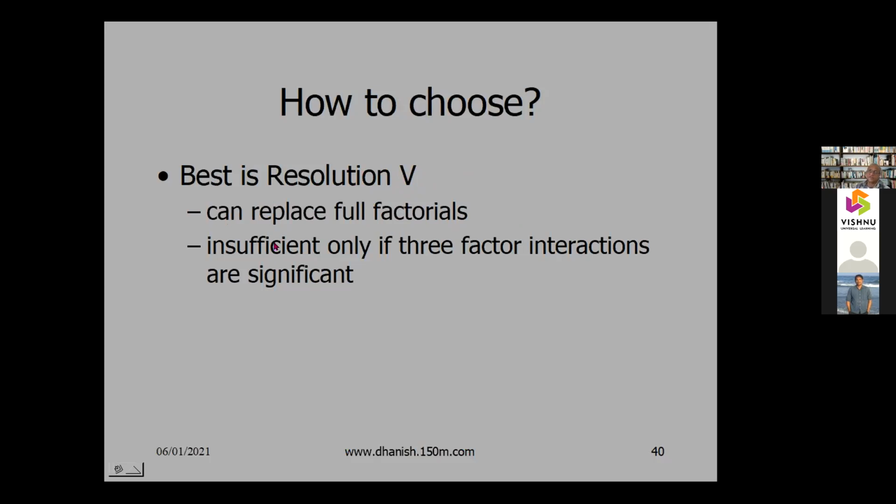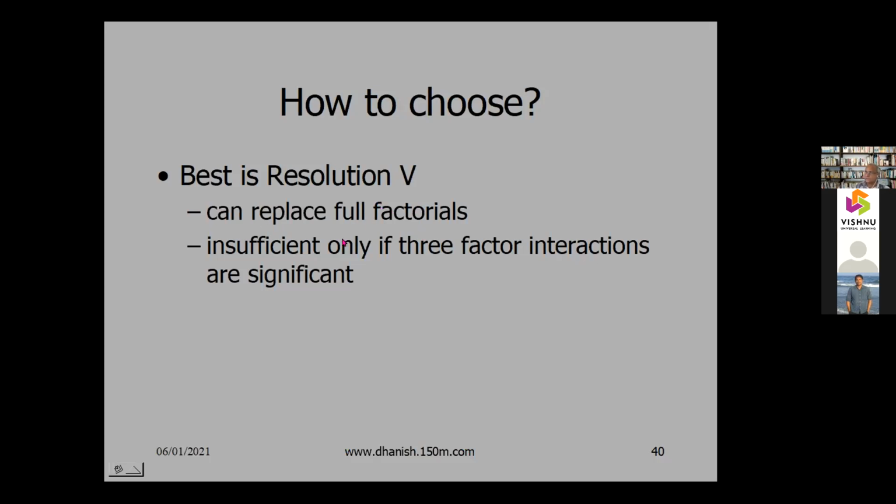But if the number of runs is more, there will be no shortcut. You have to go for a smaller number of runs, and then you have to analyze. So then you have to be very careful. You have to understand what you are doing. Then only it is possible to reduce the number of runs to a lower level.